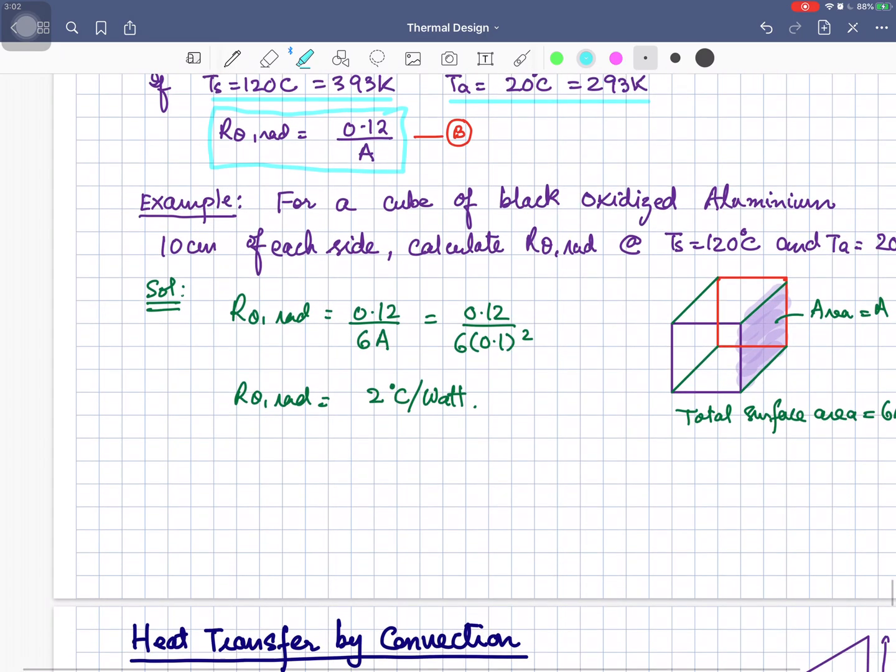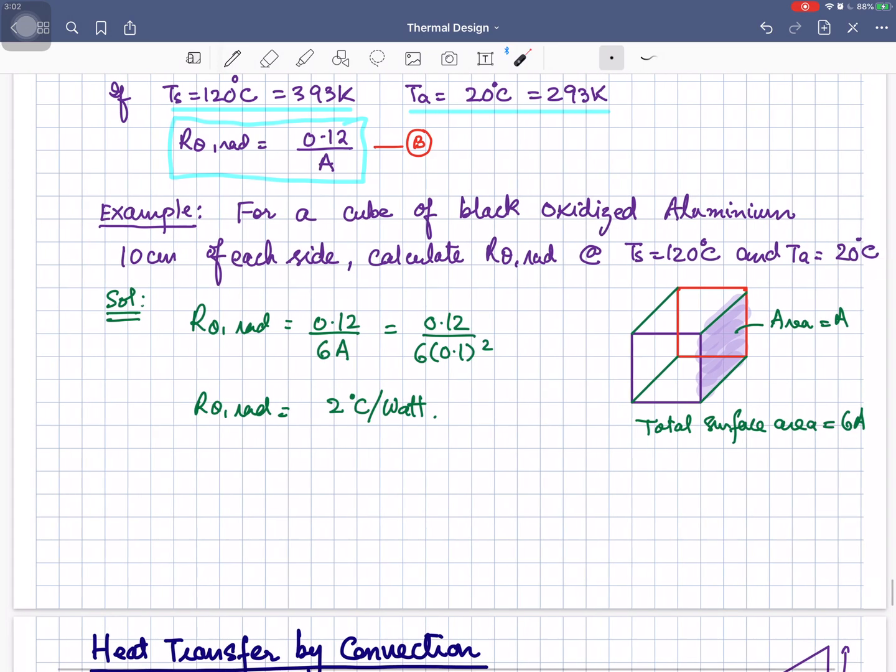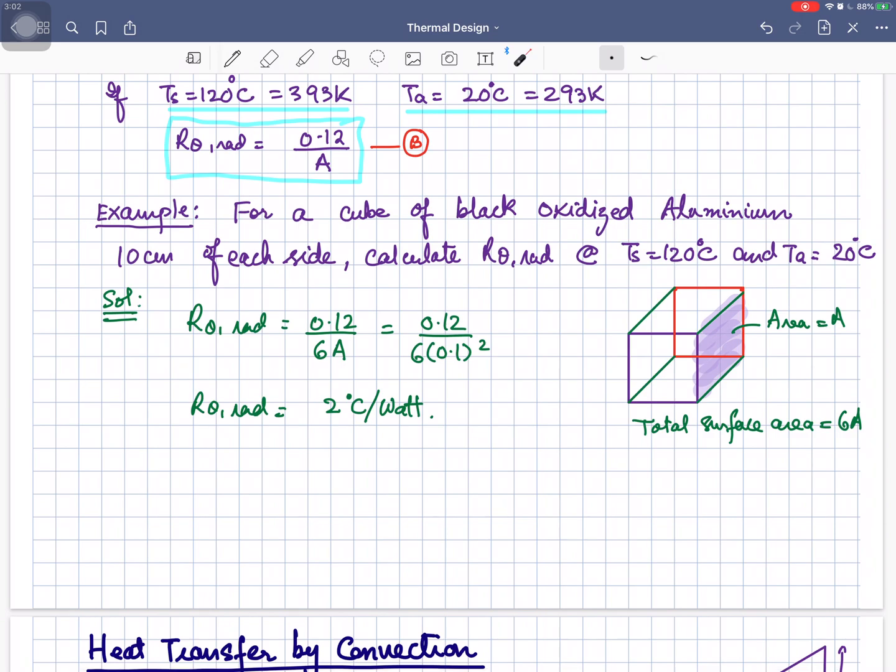Okay, now let's go through this example. Let's suppose that we have a cube of material, and that is of black oxidized material, right? So if each side is 10 centimeters and there is a temperature difference of 100 degrees centigrade between the surface and the ambient, what will be the thermal resistance of this material? So that can be calculated